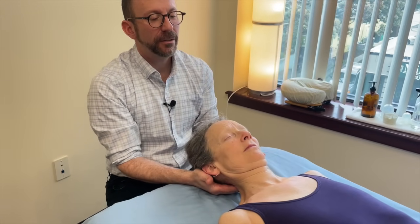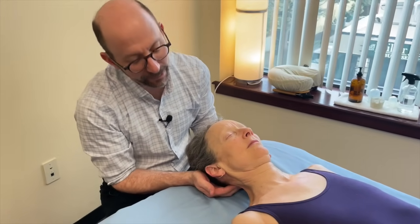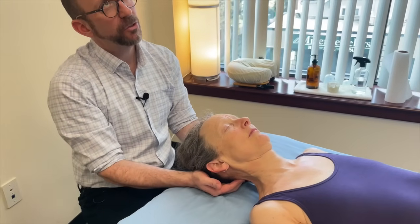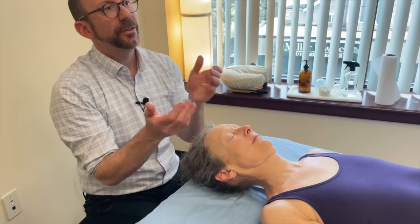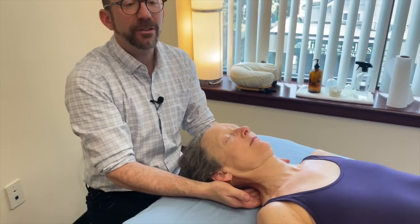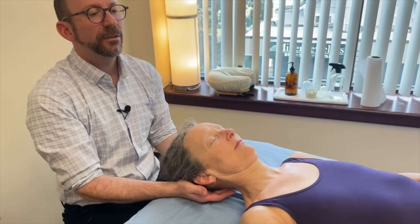Let's get just a little more direct, really gentle, right up under the occiput now. So I've got my 2 middle fingers and my 2 ring fingers. I'm going to show it's like that. And her occiput's just resting here on the finger pads so that the tips of my fingers are coming up and giving a little stretch to the suboccipital membranes and muscles. So right